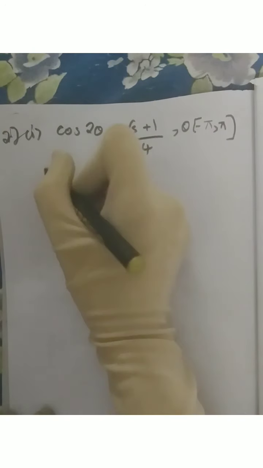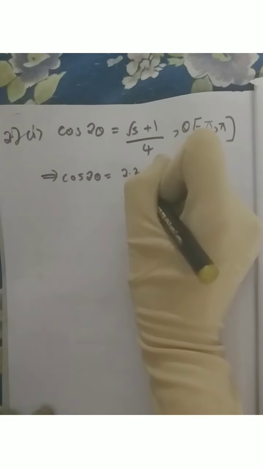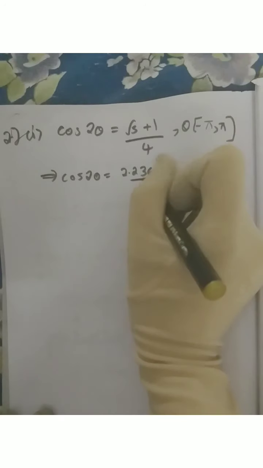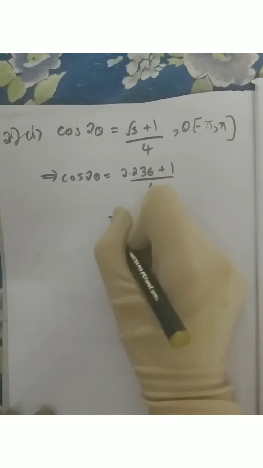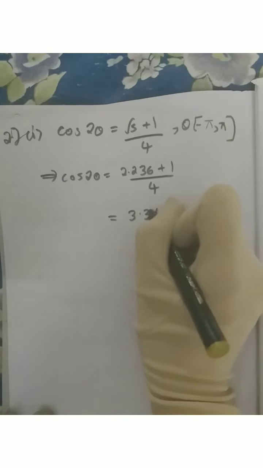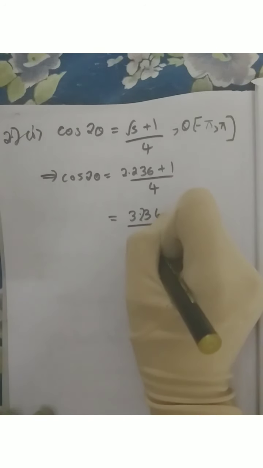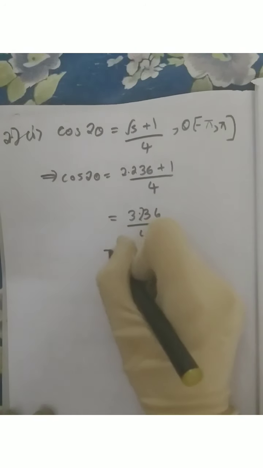So what can I do here? I know the value of root 5 is 2.236. So I will substitute the value of root 5, that is 2.236 here, plus 1 by 4. Now I know that 2.236 plus 1 is 3.236. So 3.236 by 4 will be